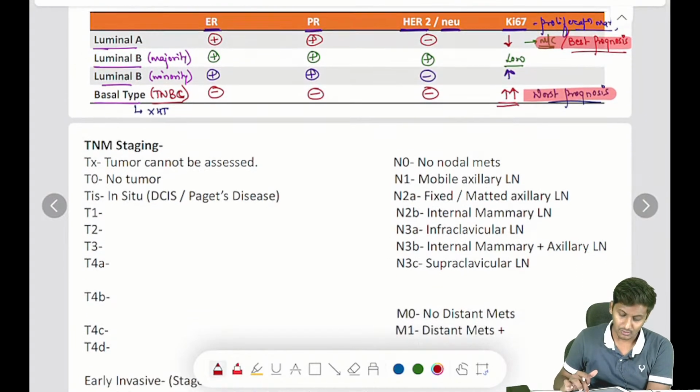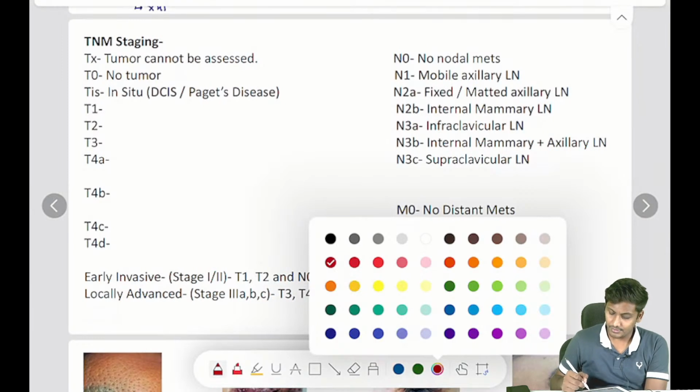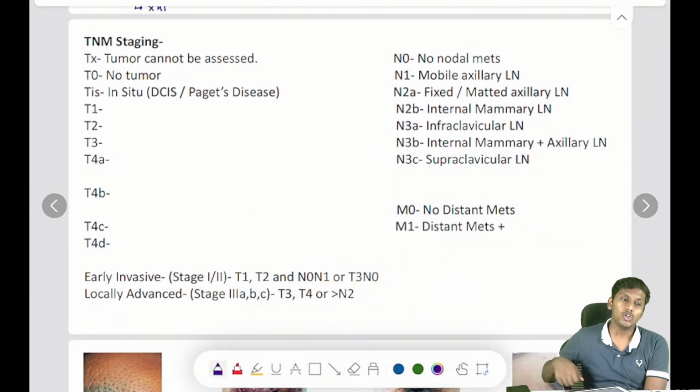Okay, let's go. Now if I talk about the TNM staging of a breast cancer, is TNM staging important for all cancers of your body? No. TNM staging is not important for all cancers of your body. You have to remember it's important